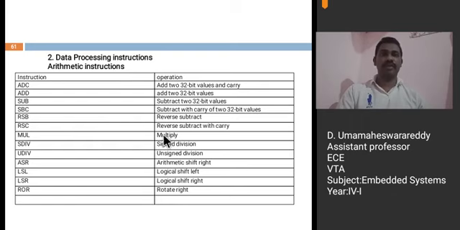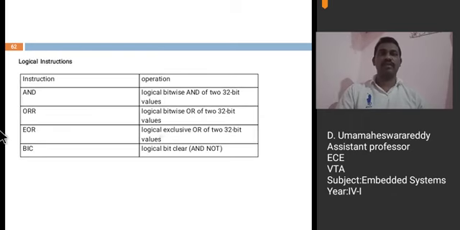Next, logical instructions. Coming to logical instructions, logical AND, which performs the logical bitwise AND operation between two 32-bit values. Next, OR, logical OR, which performs logical bitwise OR operation between two 32-bit values. Next, exclusive OR.